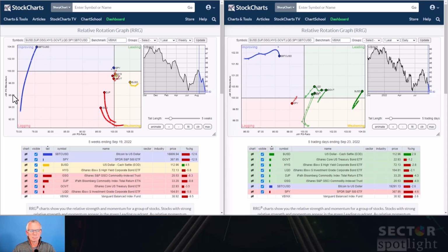And the one that I want to get rid of, because it's distorting my picture, is that one for Bitcoin. It's a long tail, it's improving, it's inside the improving quadrant, so the relative strength of Bitcoin versus VBINX is continuing to improve. And so are both tails for commodities, DGP and GSG. They're inside the lagging quadrant, but they are clearly starting to pick up relative momentum. Still in a relative downtrend versus VBINX as it is, but we'll see on the right-hand side when we move to the daily RRG that there is definitely improvement going on for commodities and to a lesser degree for Bitcoin